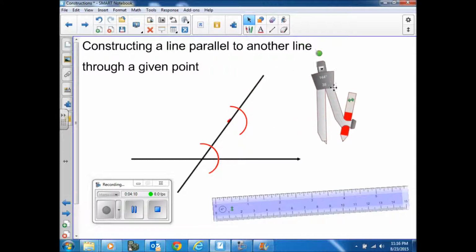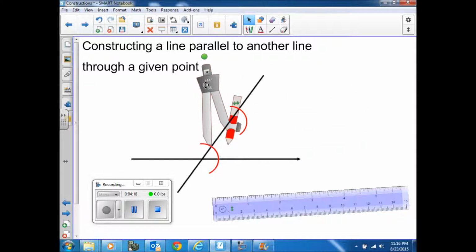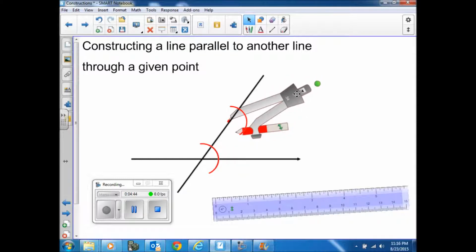Okay, so now we're going to go ahead and go to the opening of your angle that's been created with the line you drew and the original line, which would be right here where I'm pointing at. So put the tip of your compass on one intersection and then go to the other intersection. Alright, and then you can go ahead, do it on the point that you were given,